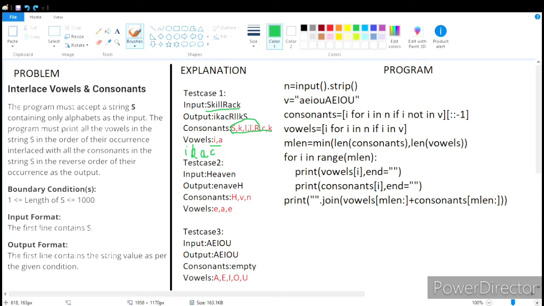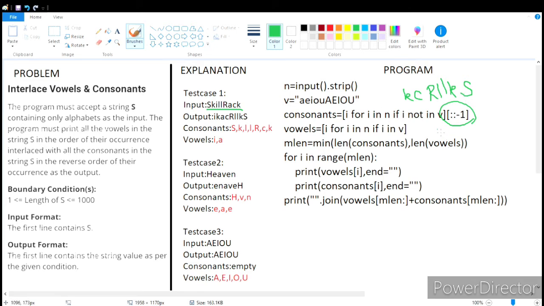Now we will see the first case through the program. I have the input skillrack. In my consonants list, it will be S, K, L, L, R, C, K, and then I am reversing it, so it will be K, C, R, L, L, K, S. This is my reversed consonants list.